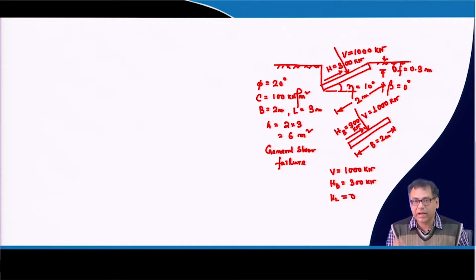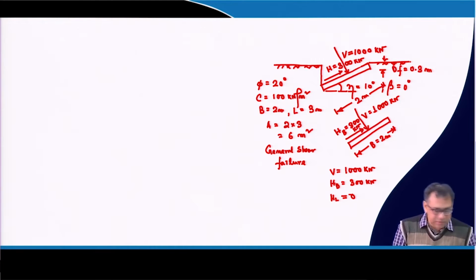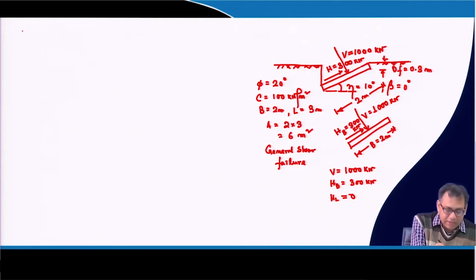As HL is equal to 0 and the horizontal force is parallel to the width, we have to take one set of factors in the bearing capacity equation for Hansen bearing capacity theory. First I will solve it with Hansen, then I will solve it with the basic. So, if I go for Hansen,